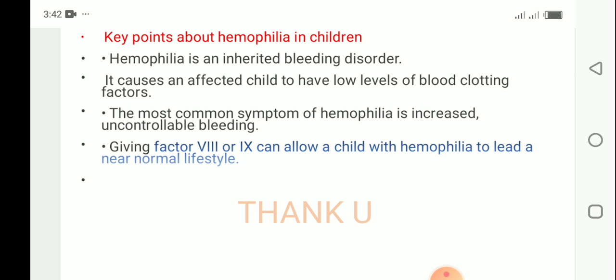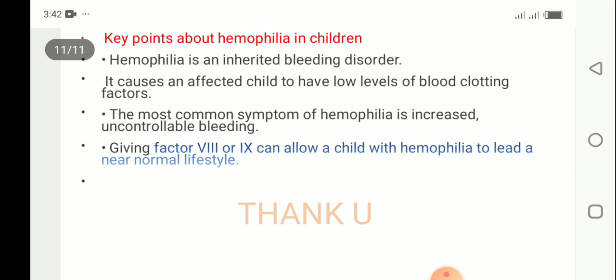They give immunoglobulin. In hemophilia A, they give factor 8. In hemophilia B, they give factor 9. And in hemophilia C, they give factor 9 or factor 11. We have already told this. It cannot be controlled by other drugs; only immunoglobulins and blood transfusions are needed. Along with this, we can give vitamin K and K-stat.